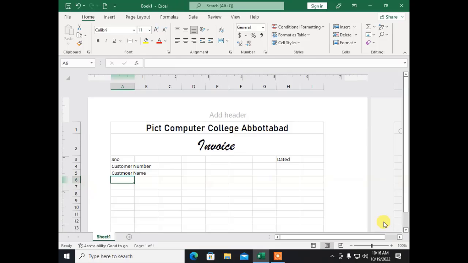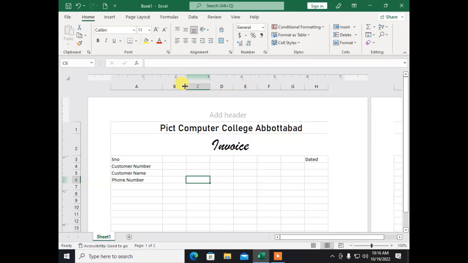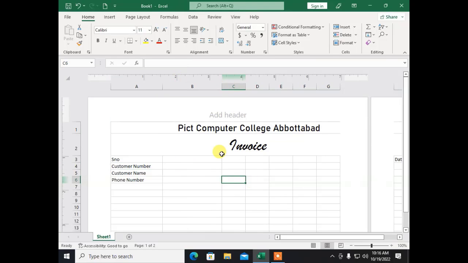We can also provide the field like phone number or contact number. Then I'll resize these cells according to my requirements. On the extreme left of this sheet,